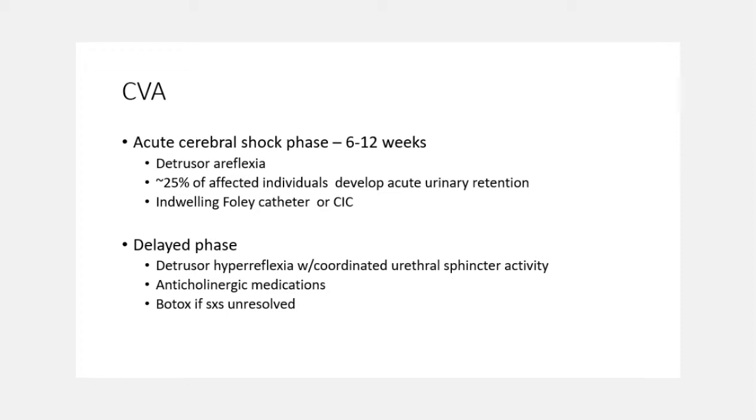And so right after a stroke, you have the acute urinary retention phase. It takes time generally for that to resolve. And what unfortunately we find is that in the delayed phase, we start to swing into the other side of the spectrum, where the bladder becomes hyperreflexive or overactive. And we find for these patients, unfortunately, after trialing conservative options such as reducing the amount of bladder irritants like caffeine, sodas, that these patients may need to take an oral medicine to calm that bladder down and relax it a little bit, essentially acting on those receptors to relax the bladder,